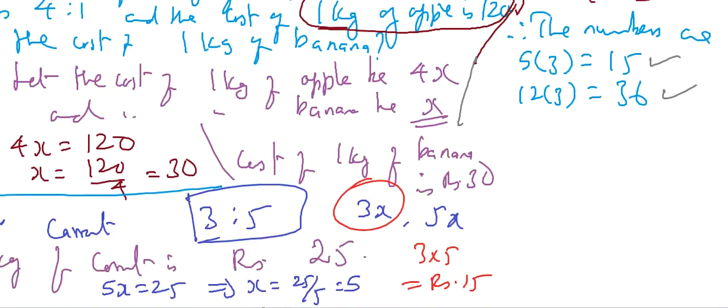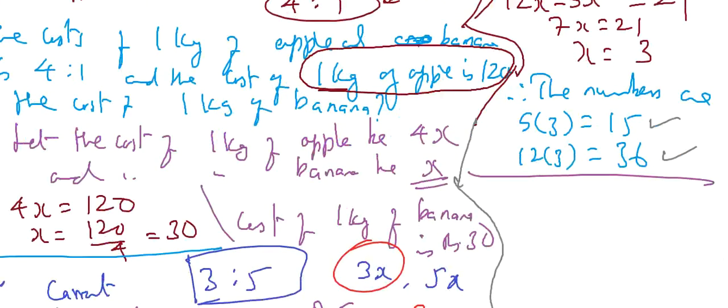So this is how we use ratio and find the unknown values. Like that, one of the values can be given and you can find the other value, or the sum of the two values can be given. So using the ratio we can find the individual values, or differences can be found, as we saw in this last example.